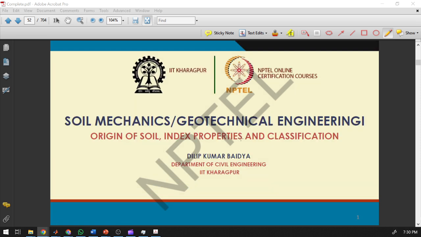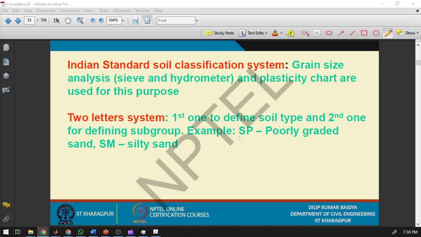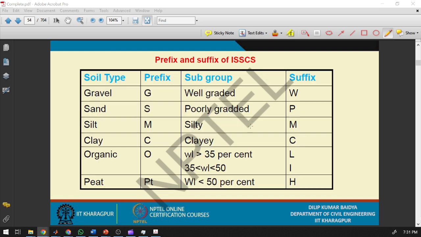Okay. So next we can talk about classification systems. There are so many classification systems, but we will talk about the Indian classification system. In the Indian classification system, we have a two-letter system: one to define the soil type, the second to define the subgroup. For example, SP is poorly graded sand, SM is silty sand. Okay. So basically, if you have greater than